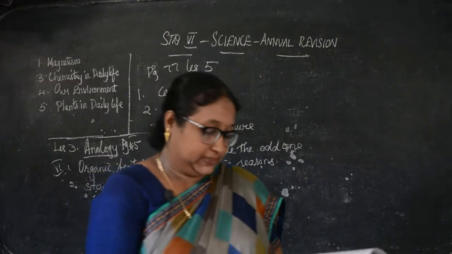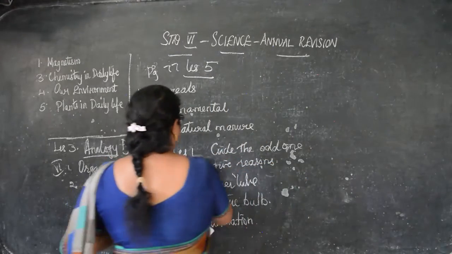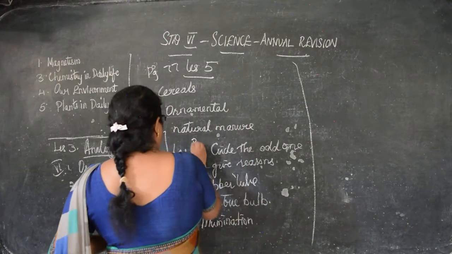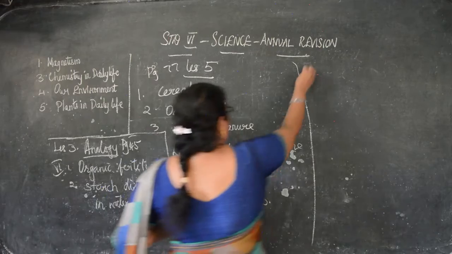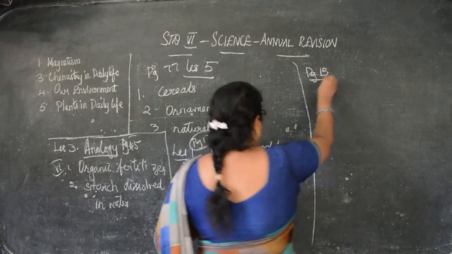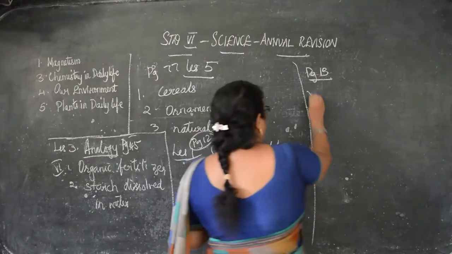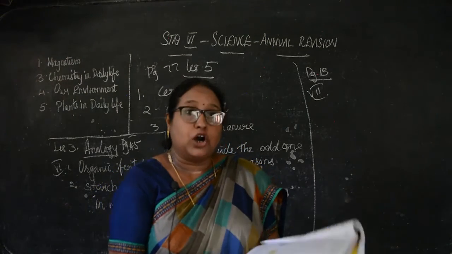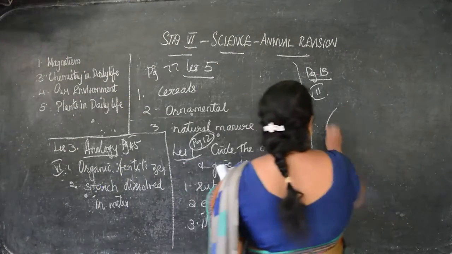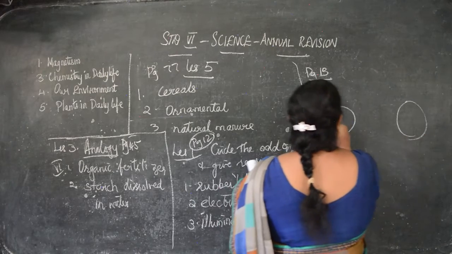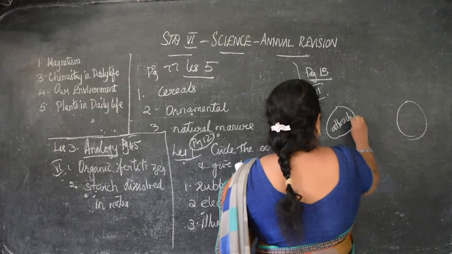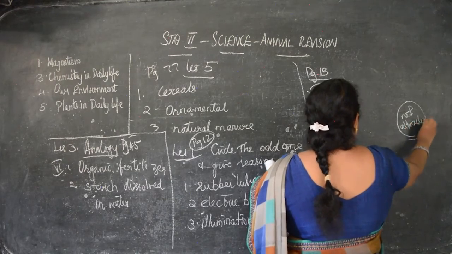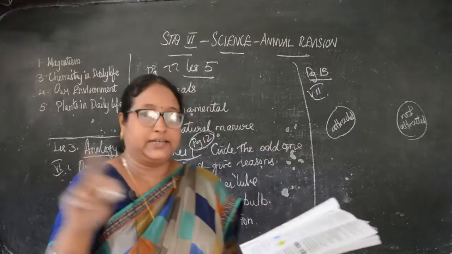Okay. Next we will see page number 13. This is from lesson 1, children. This is page number 12. Now we'll go to page number 13, same lesson. In that you can see Roman number 7. Substances attracted by magnet, substances not attracted by magnets. First we'll write substances attracted and not attracted. Okay, children.